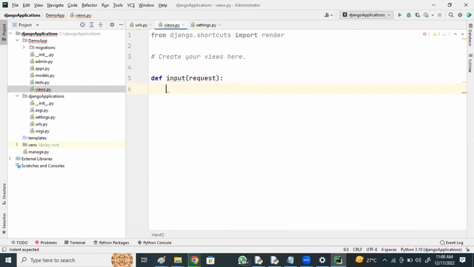And return some response. It should take the request and return a response. What type of response? HTTP response. Today I'm just showing you a basic application, but later I'll discuss in brief all these technical terms. Return HTTP response. If I say HTTP response, for example, hello world,